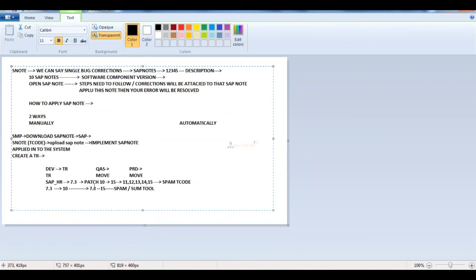Stack upgrade means what? Whatever components I have in my system, all the components will be upgraded. At a time we can upgrade all these stacks. It's a one-time activity, all components at a time, using the spam T code or some tool.